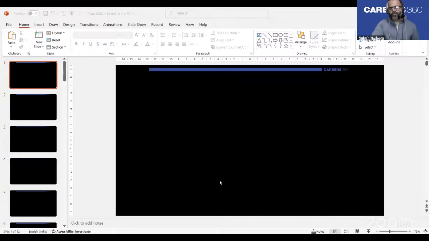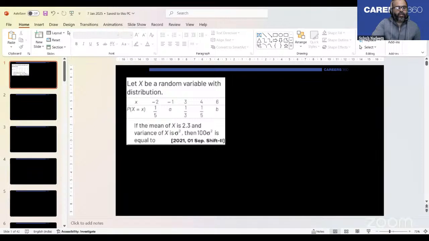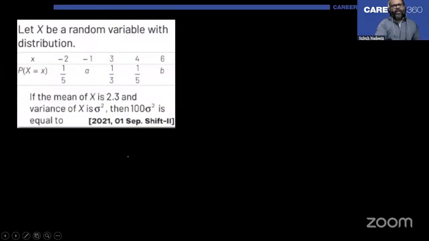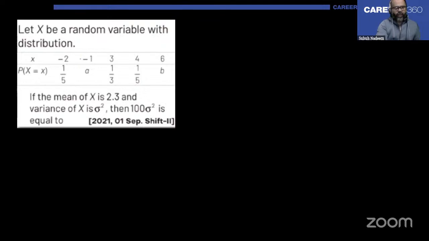तो हम लोग सबसे पहले स्टार्ट कर रहे हैं, ये एक क्वेश्चन है, इससे स्टार्ट कर रहे हैं। इस क्वेश्चन में दिया हुआ है कि x एक रैंडम वेरिएबल है और उसका डिस्ट्रीब्यूशन दिया हुआ है। x की जो वैल्यूज हैं वो -2, -1, 3, 4, 6 हैं, और उनकी प्रोबेबिलिटी 1/5, a, 1/3, 1/5, b रेस्पेक्टिवली है। If the mean of x is 2.3 and variance of x is sigma square, then 100 sigma square is equal to